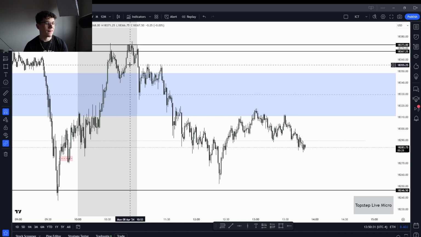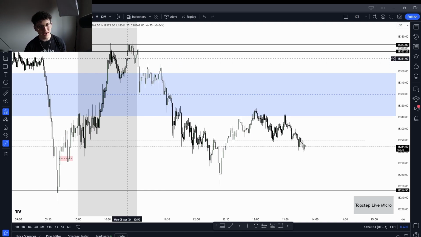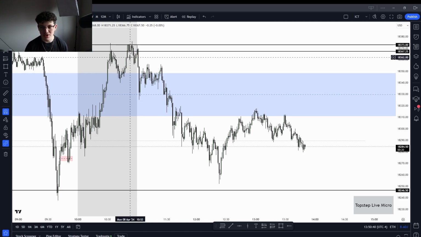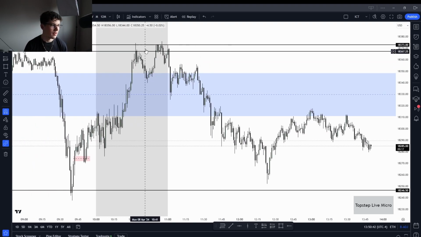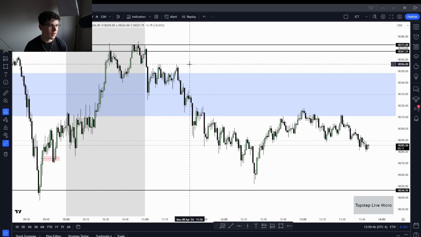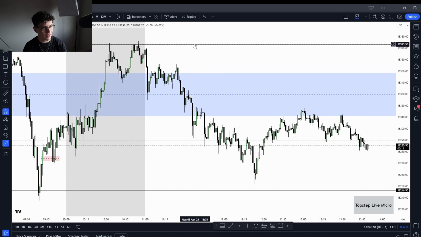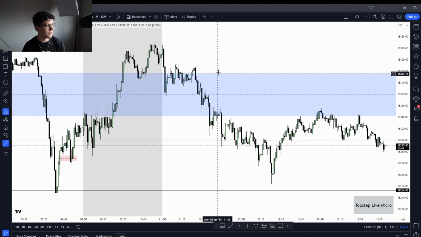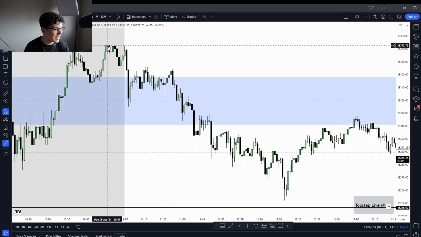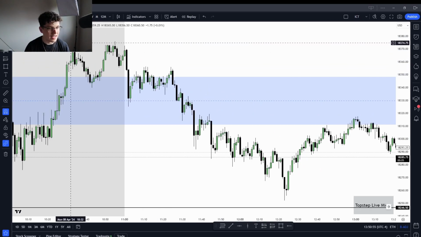Now, you could have taken two entries here. One of them isn't technically a silver bullet because it entered 2 minutes after 11. I actually took this trade here. High, low, higher high, lower low. And the reason why I took this trade up here, let me move my drawings there, is because this high that was formed did not take this high. And the most